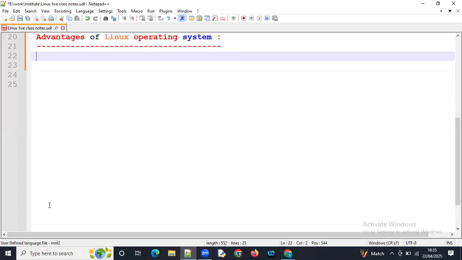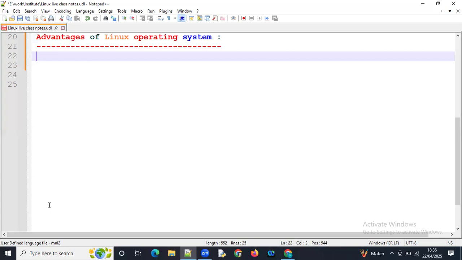Suppose if you want to build an application, just for example, a software or an application, then we have to write the code for building it. But if you set a password for that program or code, then no one can open it and no one can understand it. Instead, if you didn't keep any password for your code or program, then everyone can easily take the code and make the necessary changes according to their requirement.